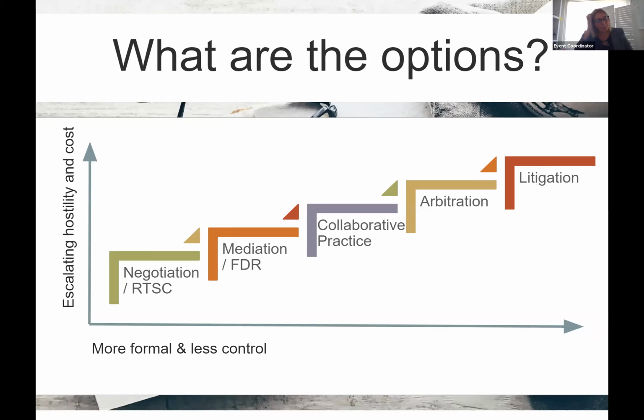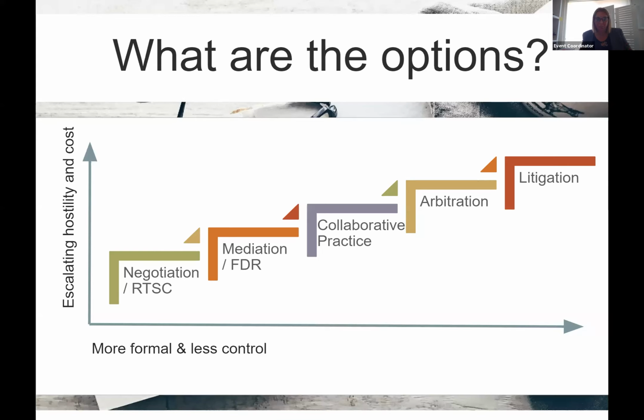Then the next step up is family mediation, which I'll be focusing on today. But family mediation is really where an independent person, such as myself, is appointed to help facilitate the discussions between you and the other party with the lawyers present. We're not imposing an outcome on you. Ultimately, it's up to the parties to reach an agreement, but we help facilitate the process in a safe and